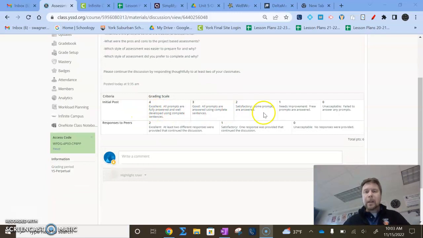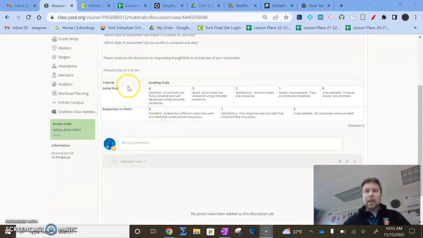My rubric down here, I thought maybe my initial post is something that I could award anywhere from 4 to 0 points, with 4 being the excellent side, meaning everything was fully answered, well developed. They used complete sentences and really expanded their thoughts as best as possible.